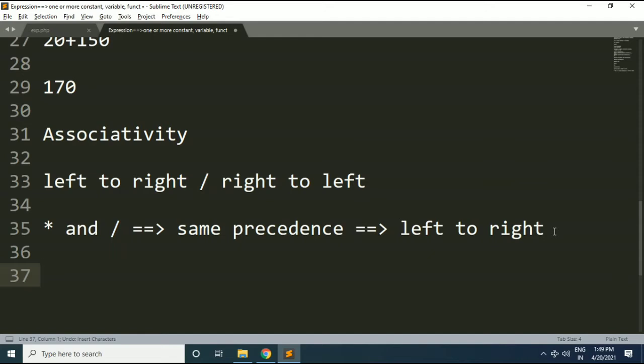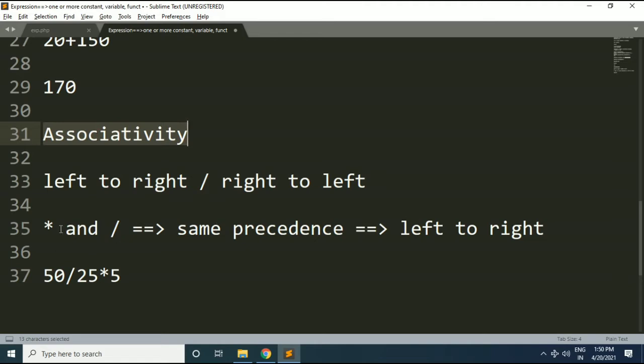See here, if I write the expression 50 divided by 25 into 5. In this example you can see we have two operators, division and multiplication, both having the same precedence. So which should we evaluate first, 25 into 5 or 50 divided by 25? This question can be answered with the help of the associativity concept.